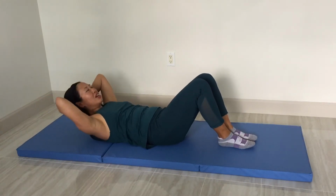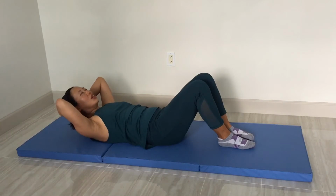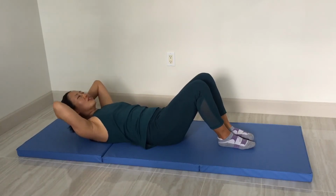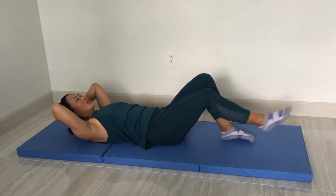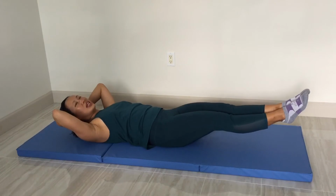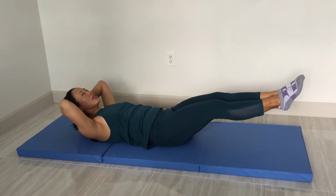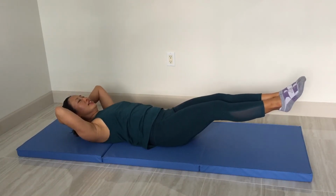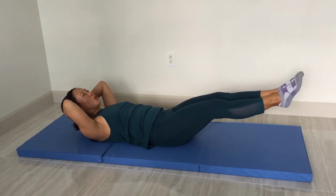Let's go again. Ready? All right, making sure the elbows are back, chin is up, no strain on the neck, and we'll pulse it. Slow pulses for 10, 3, 4, 5, 6, 7, 8, 9, and 10. Feet out, elongated, knee can be slightly bent. Protect that back, make sure it's planted on the floor for 10, 9, 8, 7, 6, 5, 4, 3, 2,